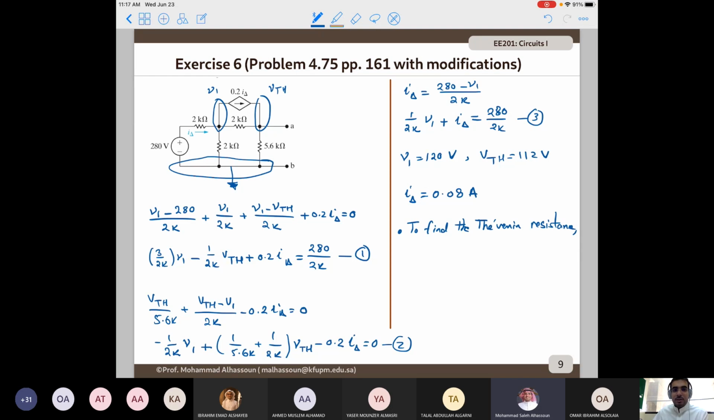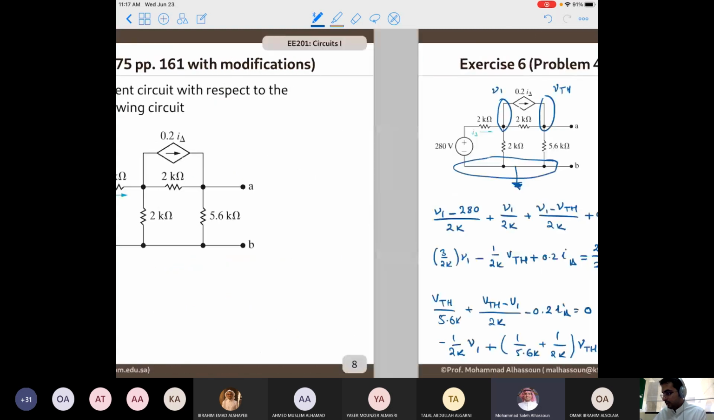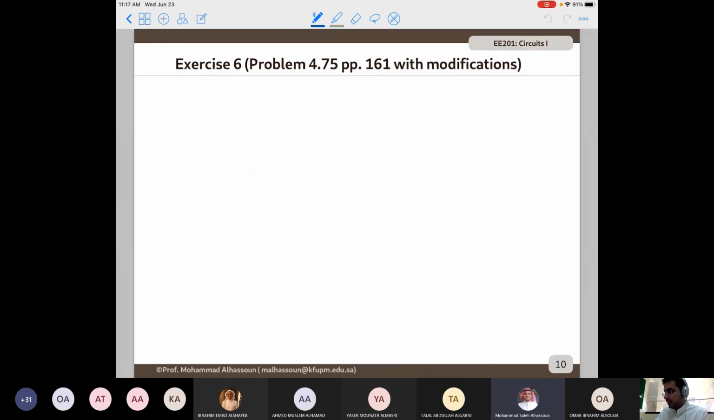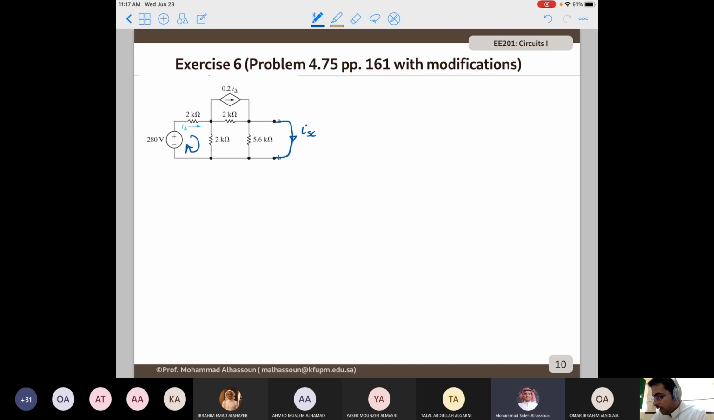In this case, you can use either a test source or a short circuit. I'm going to use the short circuit approach because I want to apply the mesh current method. So I will go ahead and take this one and connect a short circuit here and apply the mesh current method. The advantage of using the mesh current method is that if this one is IA, IB,